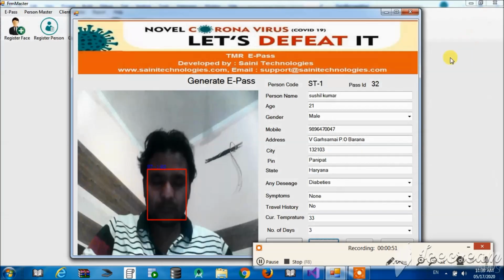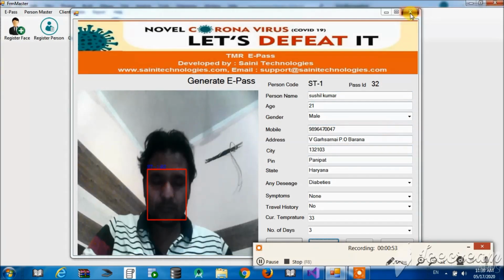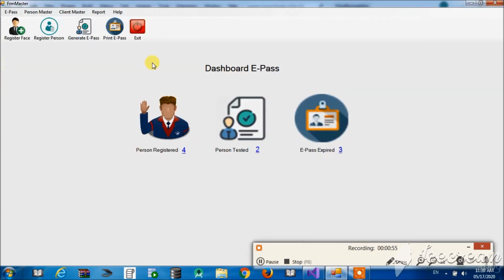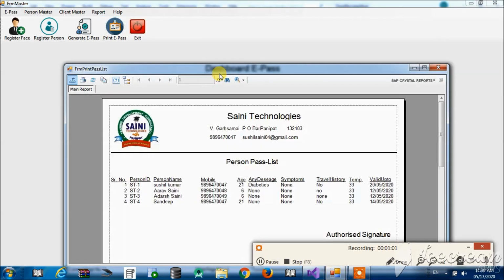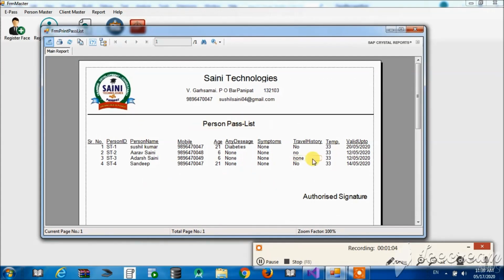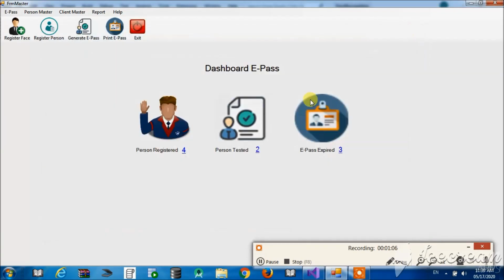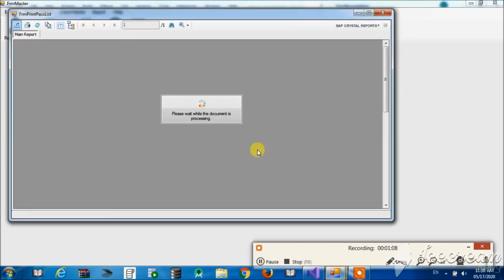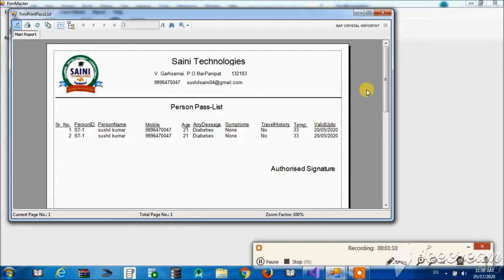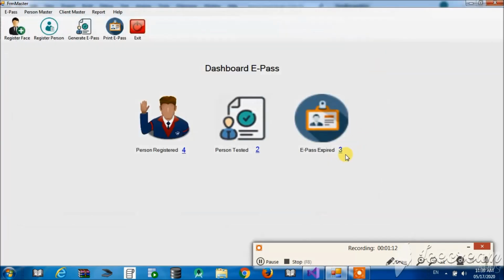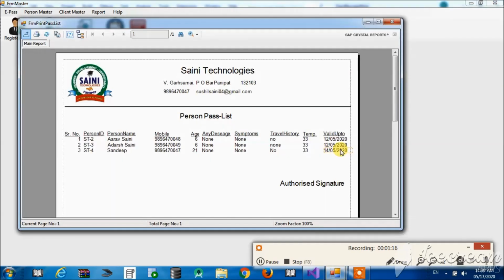Now you will see some reports that you can view from here. First off, we can see the registered persons here. There are 4 total persons registered in our system. Person tested report, we can see the persons tested here. E-pass expired: how many people are there whose e-pass has expired?